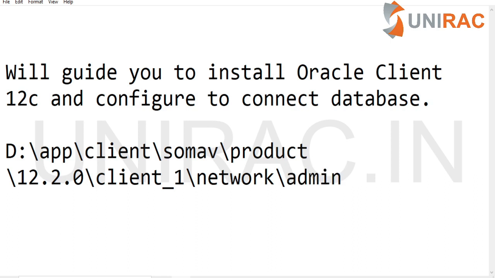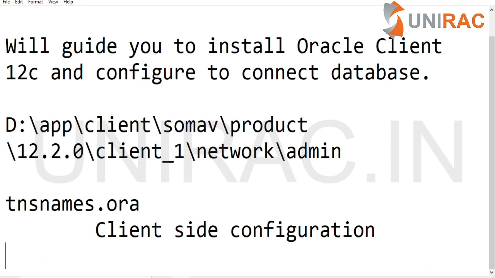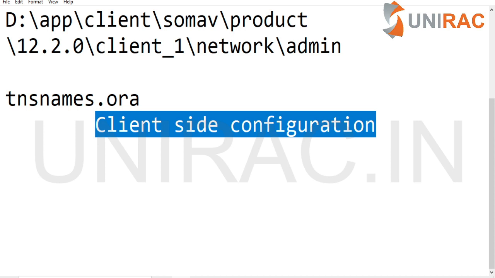Here I created the tnsnames.ora file. Its purpose is client side configuration. So this software installed on Windows uses your tnsnames file to connect to your database.